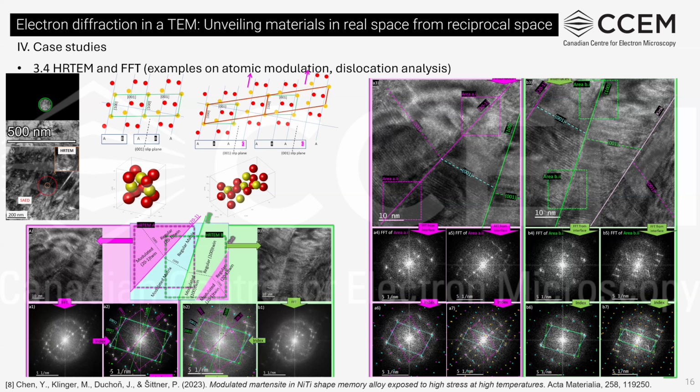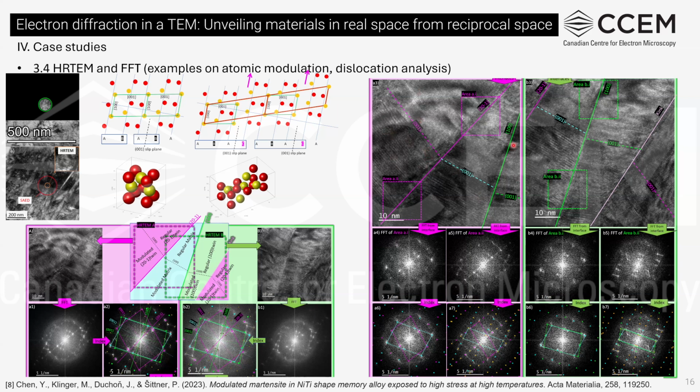So what change can we have in the reciprocal space? Keep the word reciprocal in mind. If we have a doubled length between 001 planes, on the diffractogram the distance between the 001 spots will be half the distance than before. And we need to concretely prove it. So what I did is to tilt this 40 nanometer circled region into the 010 zone axis and perform high-resolution TEM.